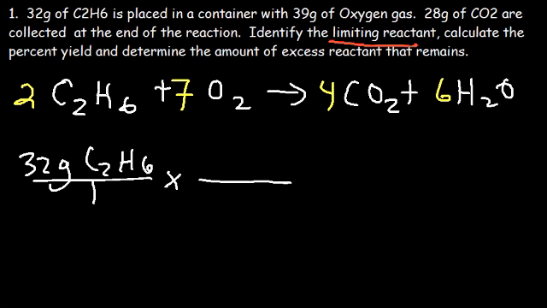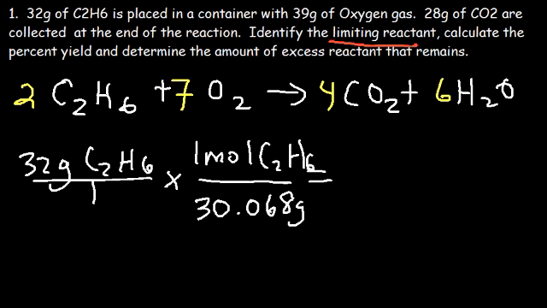In the periodic table, carbon has a molar mass of 12.01, and if you multiply that by 2, and if you add the 6 hydrogen atoms, each with a molar mass of 1.008, the molar mass of C2H6 is about 30.068 grams. So that's how many grams of ethane are found in 1 mole of C2H6. So 32 divided by 30.068, that's about 1.064 moles